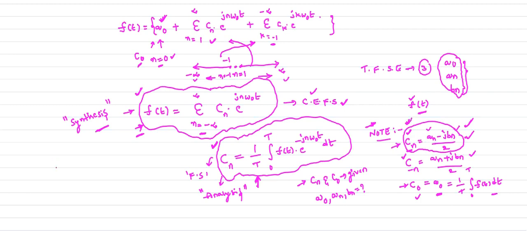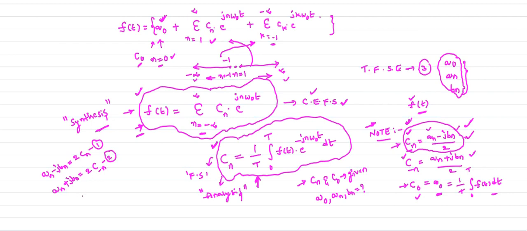Now you modify those expressions. You will get an minus jbn, which is 2 times cn. So let us consider this as the first expression. Now an plus jbn, what is it? From the second, an plus jbn is 2 times c minus n. So this is the second expression.